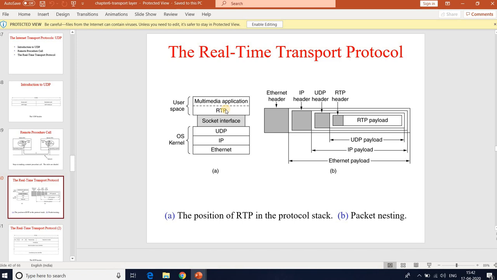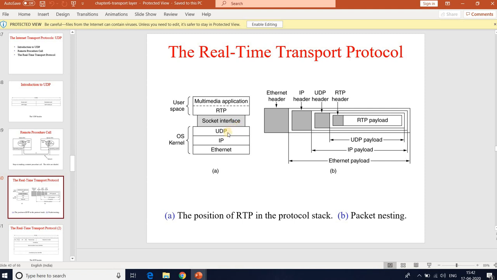These are fed into the RTP library, which is in user space along with the application. This library then multiplexes the streams and encodes them into RTP packets, which it then stuffs into the socket.